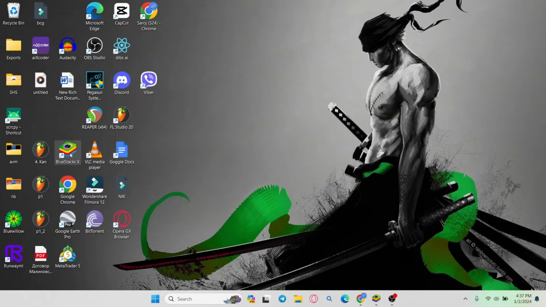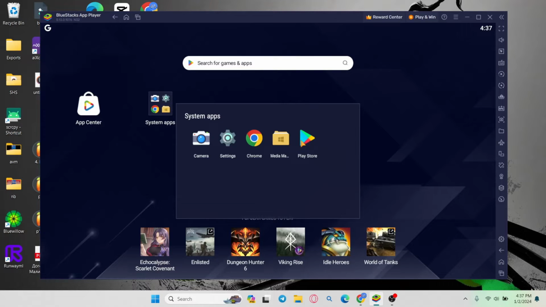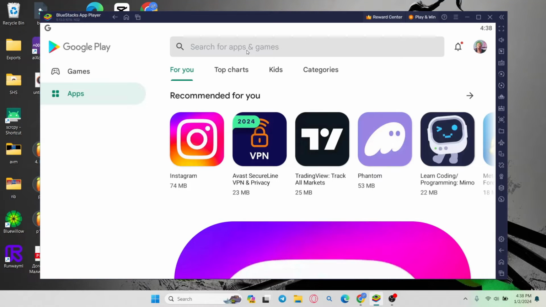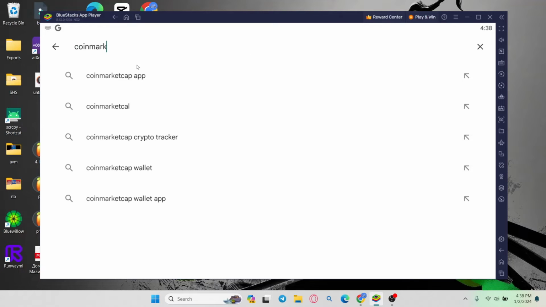Now, once the emulator is installed, you can go ahead and open it up and you will be able to access your Android home screen. Now, tap on the Google Play Store application and then you will need to log into your Google account first. Go ahead and log into your Google account and you can tap on the search box and then search for